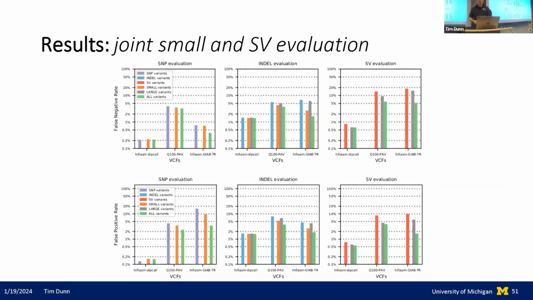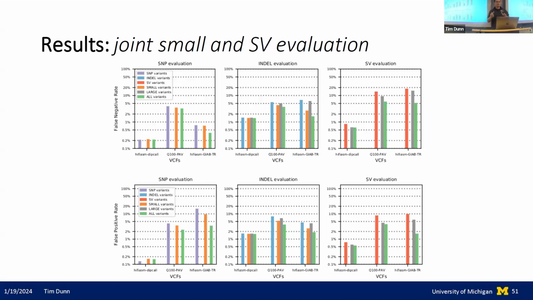So this also has a lot going on, but basically the top is showing the false negative rate and the bottom showing the measured false positive rate. It's on a log scale, so everywhere from 0.1 to 100% error rate. And then we looked at 3 different whole genome data sets: HiFi-ASM DipCall, Q100 PAV, and HiFi-ASM from Genome in a Bottle. And then for each VCF, for each set of whole genome variant calls,